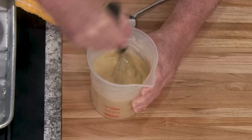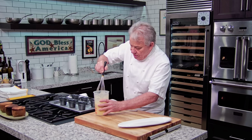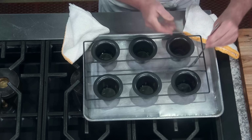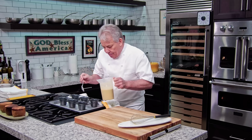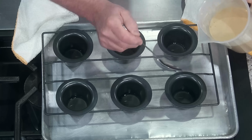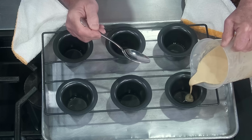So, I always mix it up really quick to make sure that if you let it sit, the flour is going to go down. Now, the secret, friends, is to go in the middle of it, right in the middle of it, okay? You don't want to go on the side of it, because then it rises not evenly. And we want to pour about halfway in those molds, okay? You're going to have to learn with your mold. And the secret is to make sure it doesn't go on the side of it. So we go right in the middle of it,